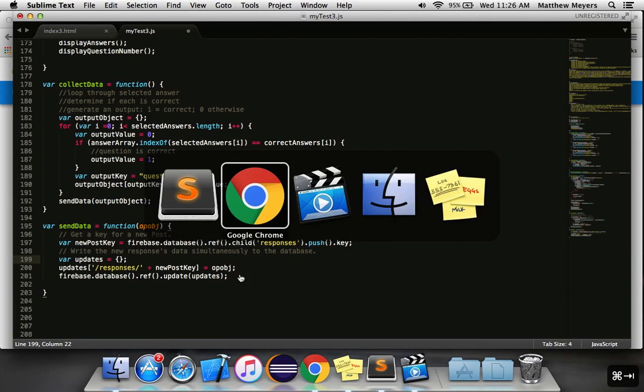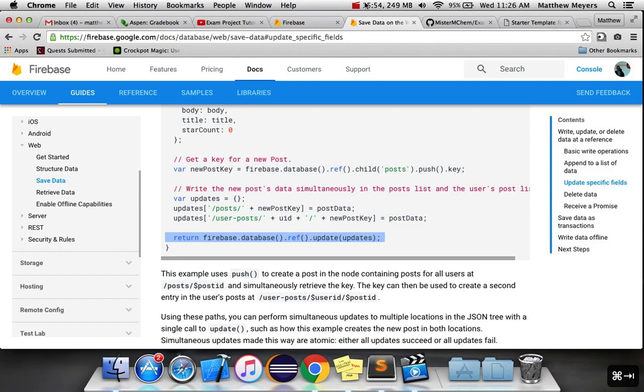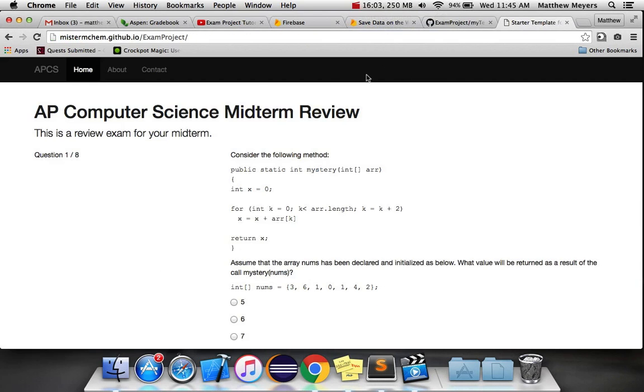Okay, now I think it should work, so let's save it, let's upload it to GitHub, and then let's test it out. I'm actually going to pause the video because this is going to take a second. So we're uploading to GitHub, which you guys know how to do at this point. So I'm going to pause. It really took forever. I think I crashed GitHub when I uploaded my project. But anyway,